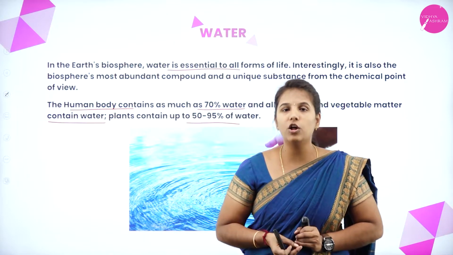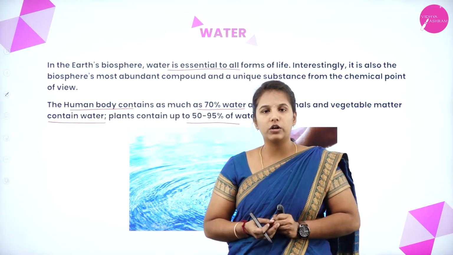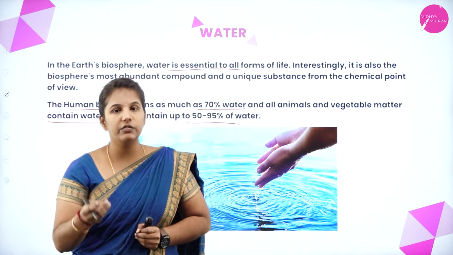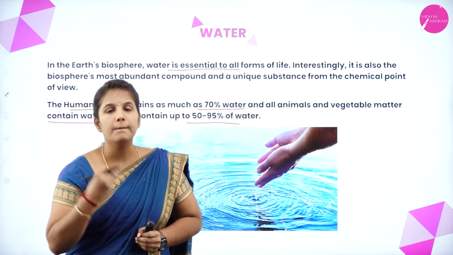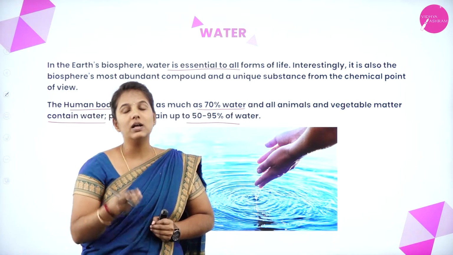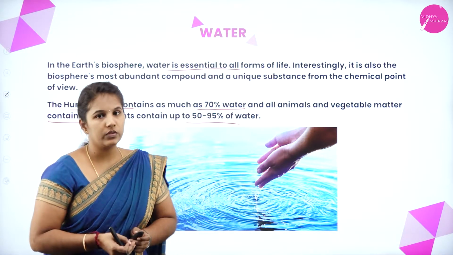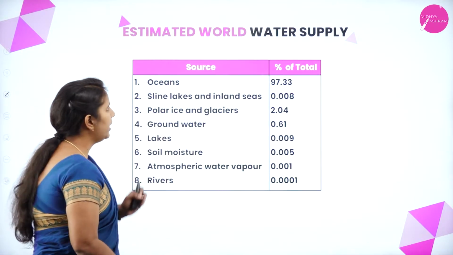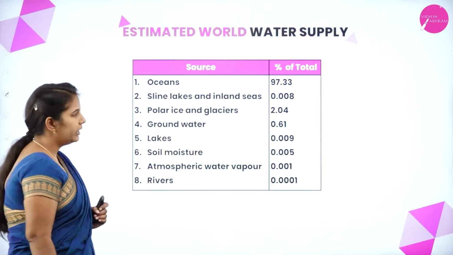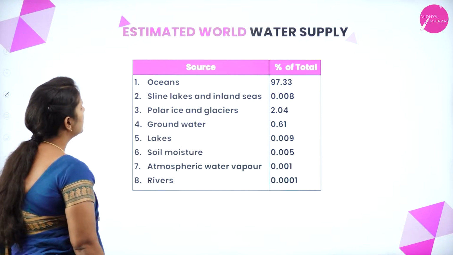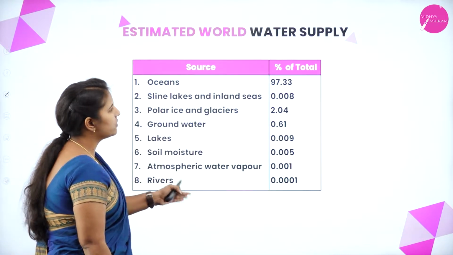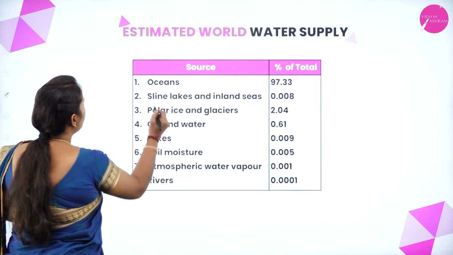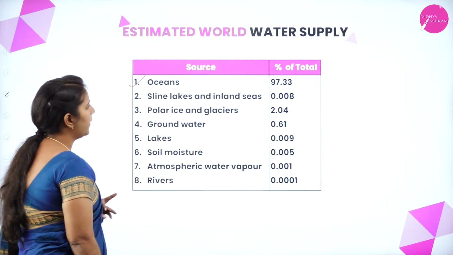Okay, and we all know how we obtain water from different sources, especially wells, lakes, rivers, ponds and oceans, which are the main sources of water. Now let us see the estimated world water supply in the different areas. Here I have listed the different sources of water and their percentages. So from the ocean we can expect